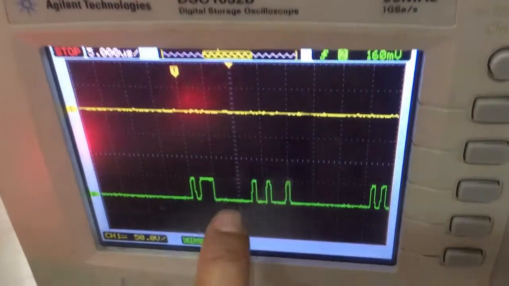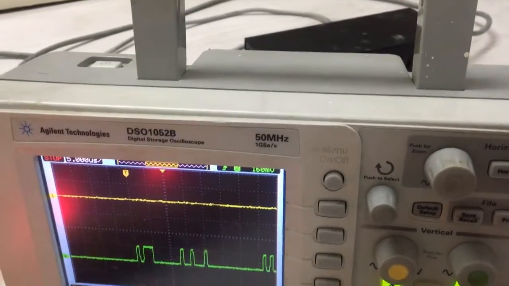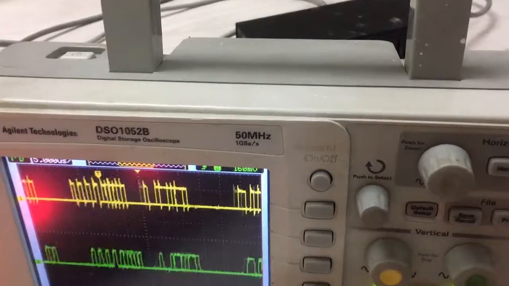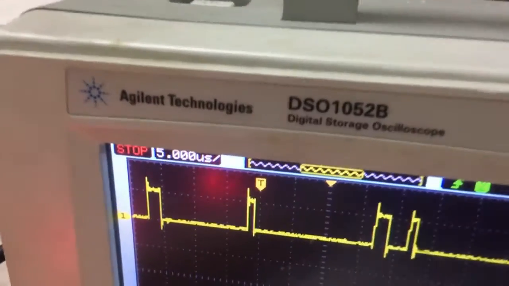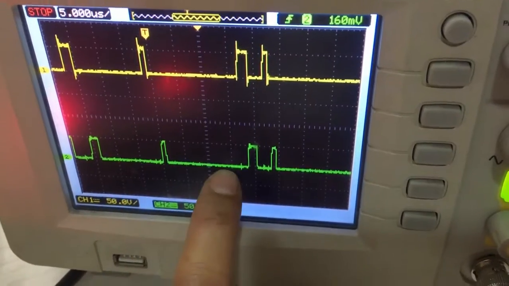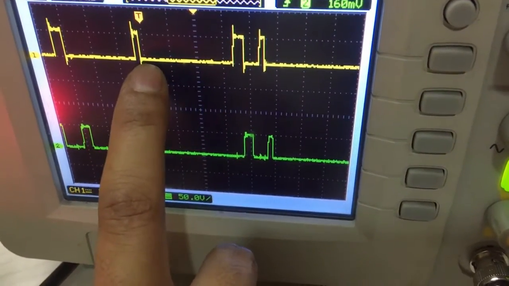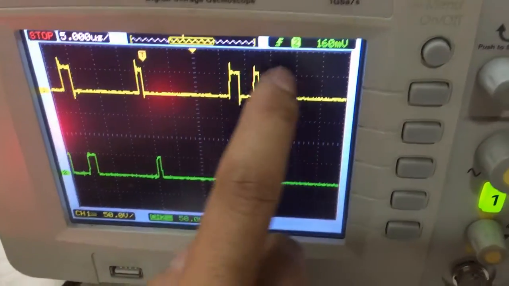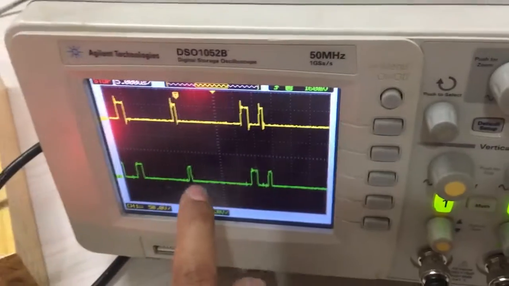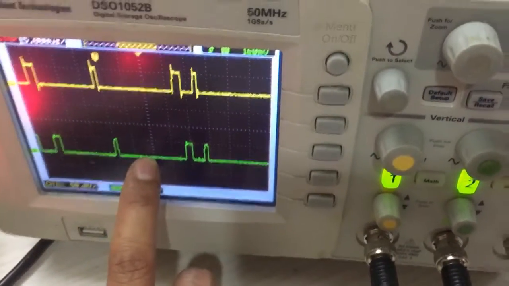Let me want to see the input data also with it. So you can see this is my TDM output, and this is my recovered data at receiver. This was at transmitter and this is at receiver. So you can see I am getting the same signal over here at receiver which I transmitted.